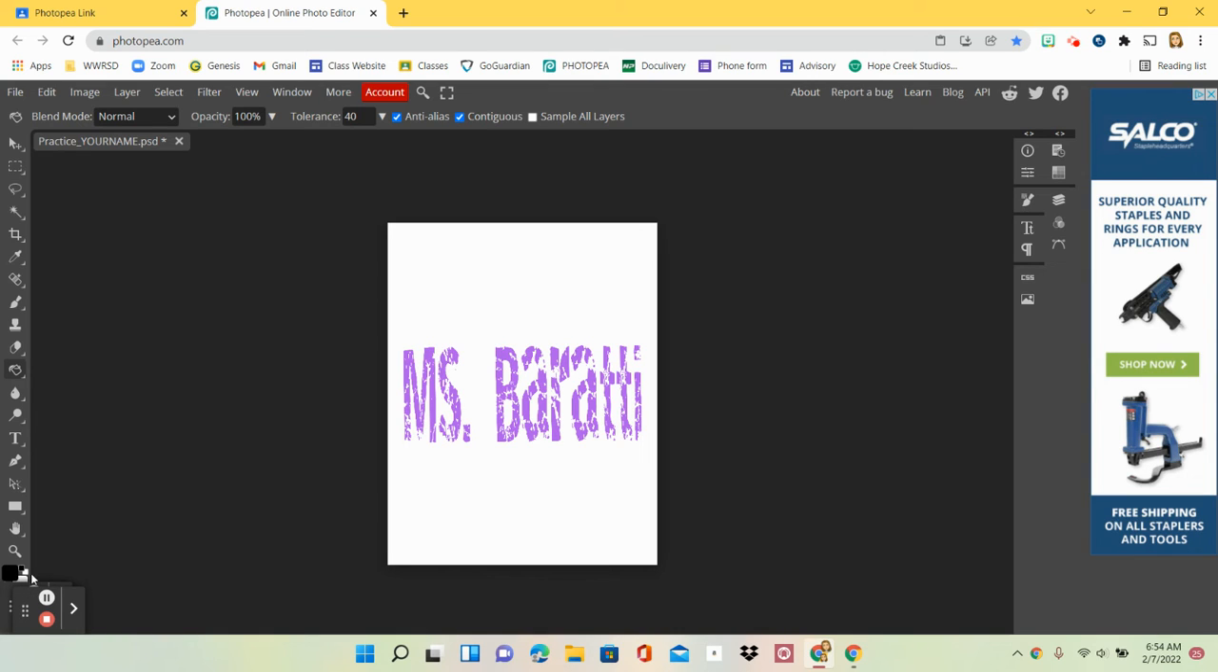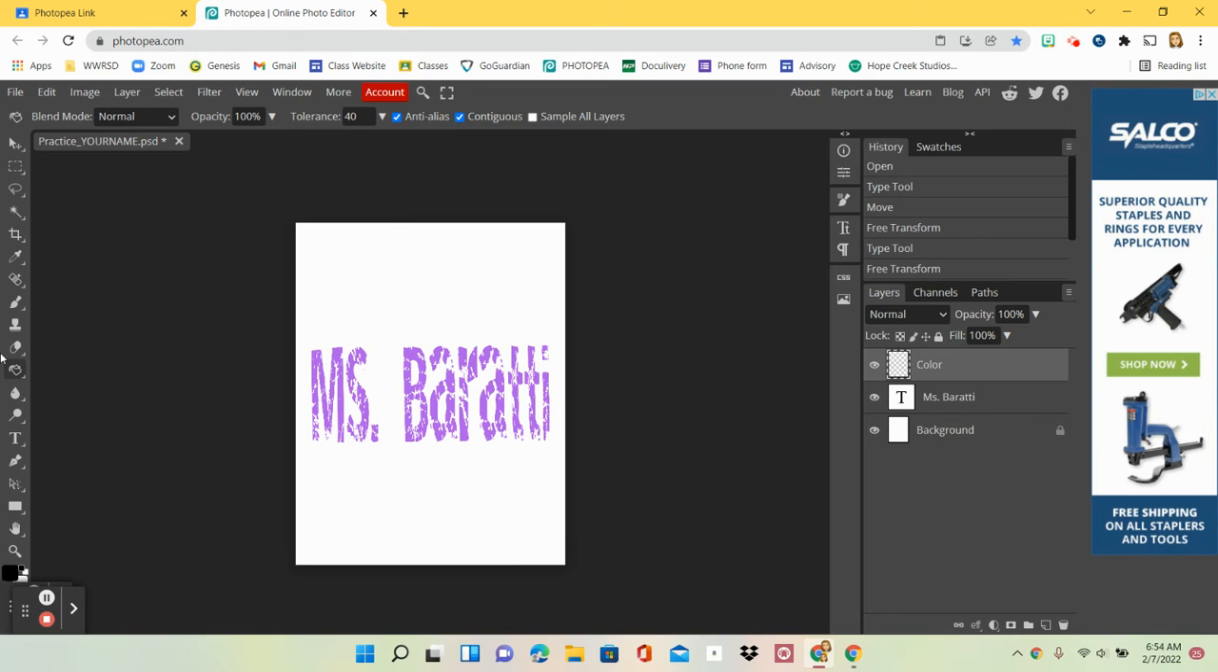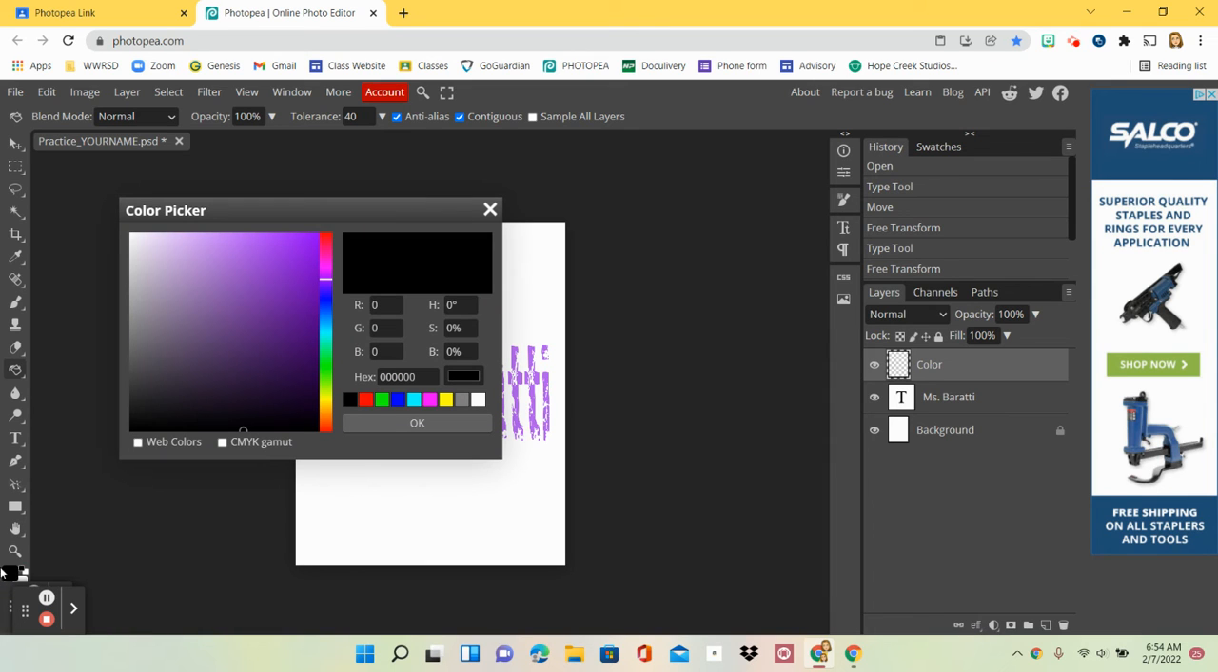You're never going to change the bottom box. You only want to work with the top box. So if you change the bottom box, nothing's going to happen. Oh, and look, my layers disappeared. So I'm going to click this little arrow. There they go. So I'm going to click on this top box that's currently black,